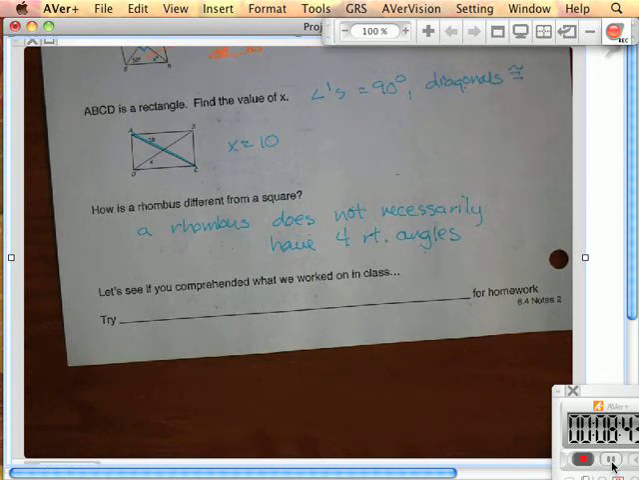Alrighty, so you still have 15 minutes. You probably can get the practice with this section done. So just do like